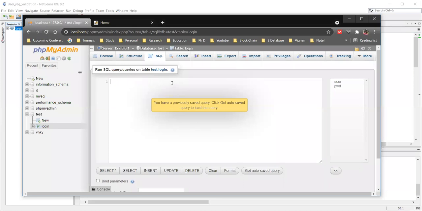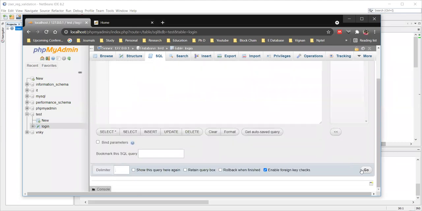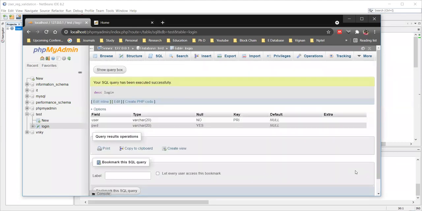I'm going to show the description of the login table. How many fields are there? There are two fields in the table. Sorry, not database, in the table. In the login table, we have two fields. What are the fields? User and password. The first column name is user and the second column name is password.